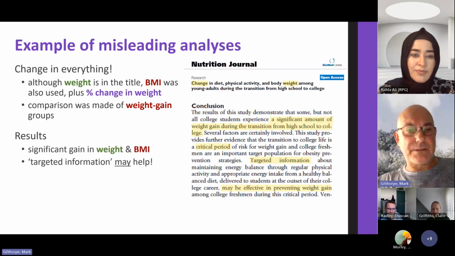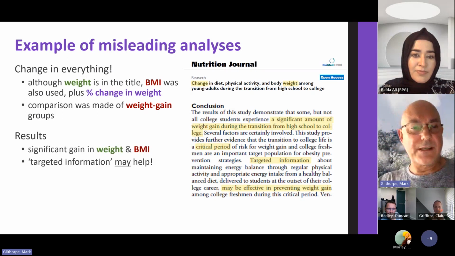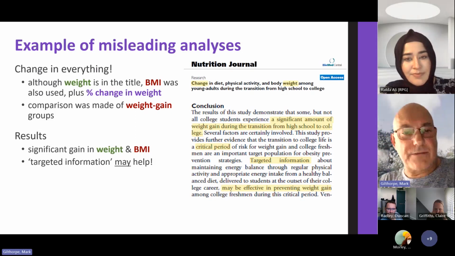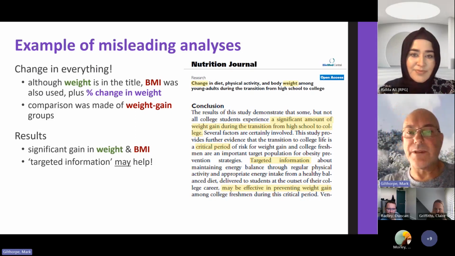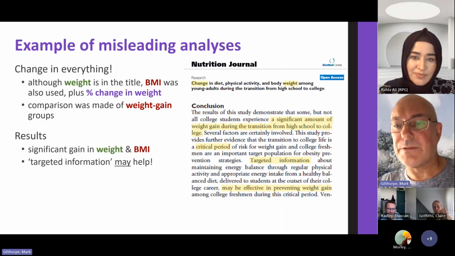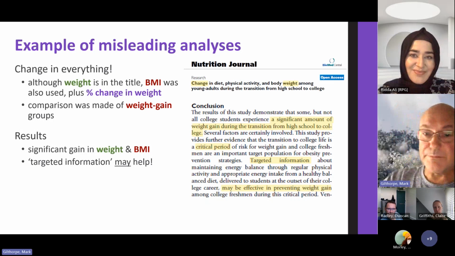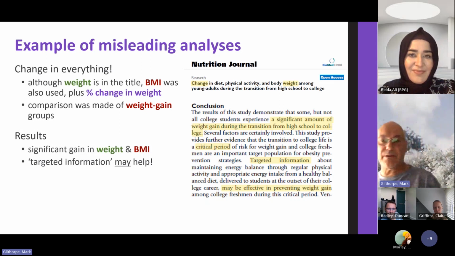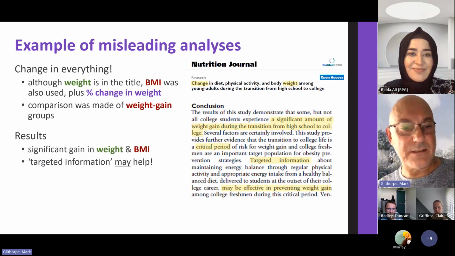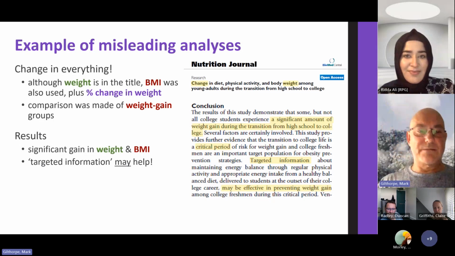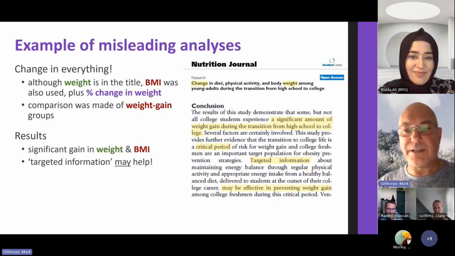But bizarrely as well, when you look at what comes of this, the outcome was, after all that hard work, that gaining weight and BMI occurs between high school and college. Really? That's a critical period, apparently. And then suddenly, out of nowhere, right at the very end, in the conclusion, the focus is targeted information may be effective in preventing this weight gain. Well,